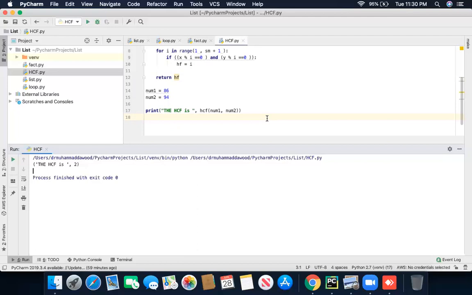And what if the numbers are 54 and 7? Then the highest common factor would be 1. Yes, that's okay.